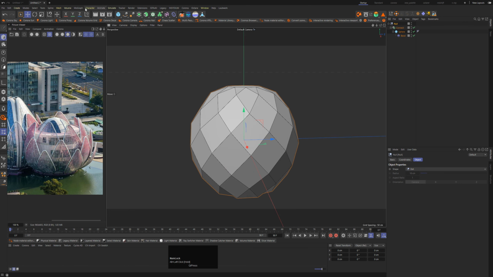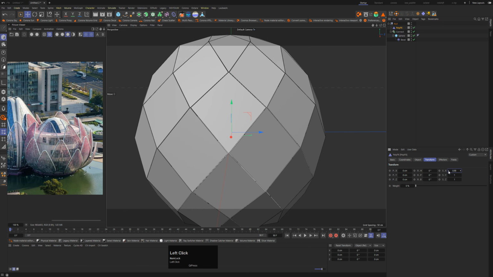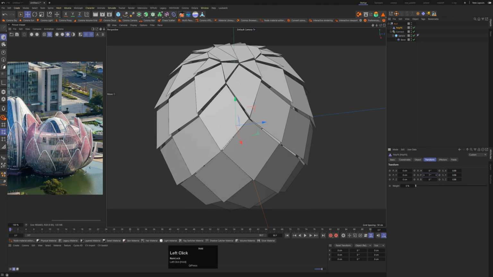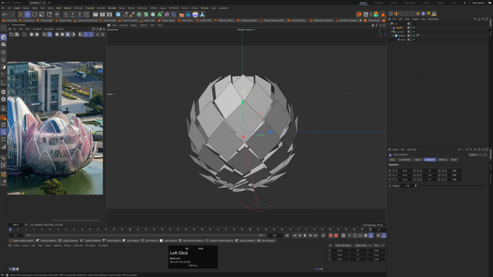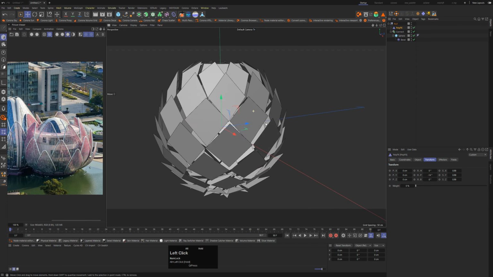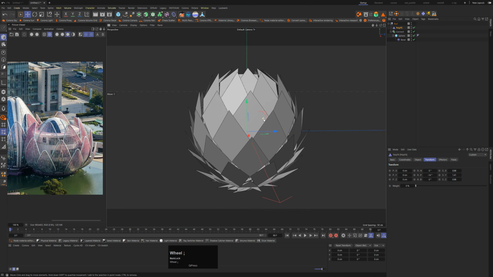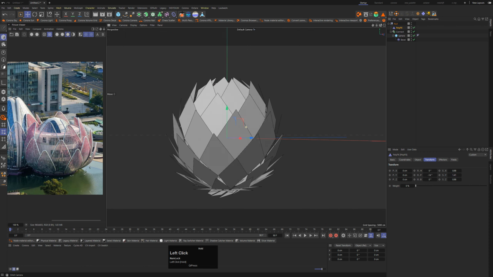Put a polyfx into the stack, and I will create a gap between the polygons with the scale tool. Let's say 0.98. And let's try to rotate them like that. Okay, let's rotate them as I want, and now I can start to play maybe with the size as well. Okay, and now I have this very interesting stuff here,